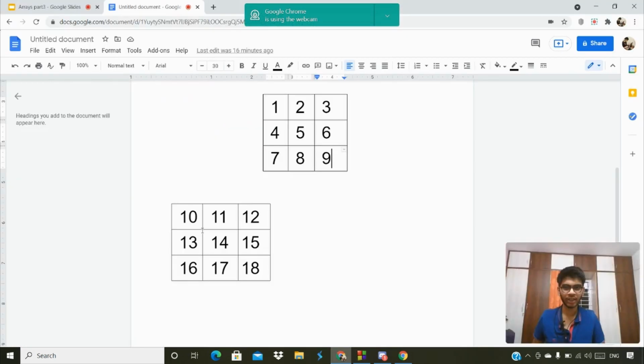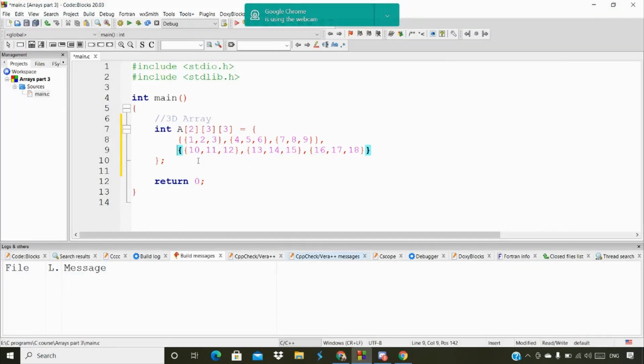So that's two three-dimensional arrays, mentioned in this way.